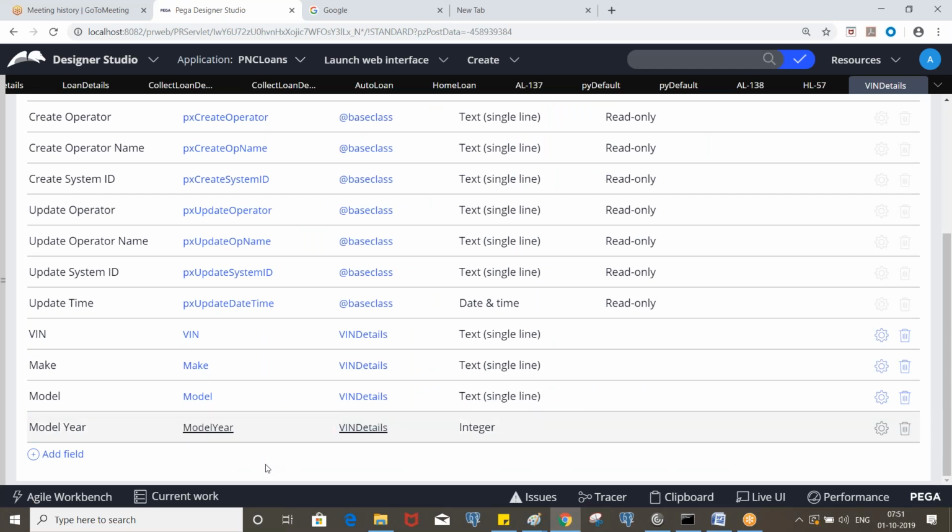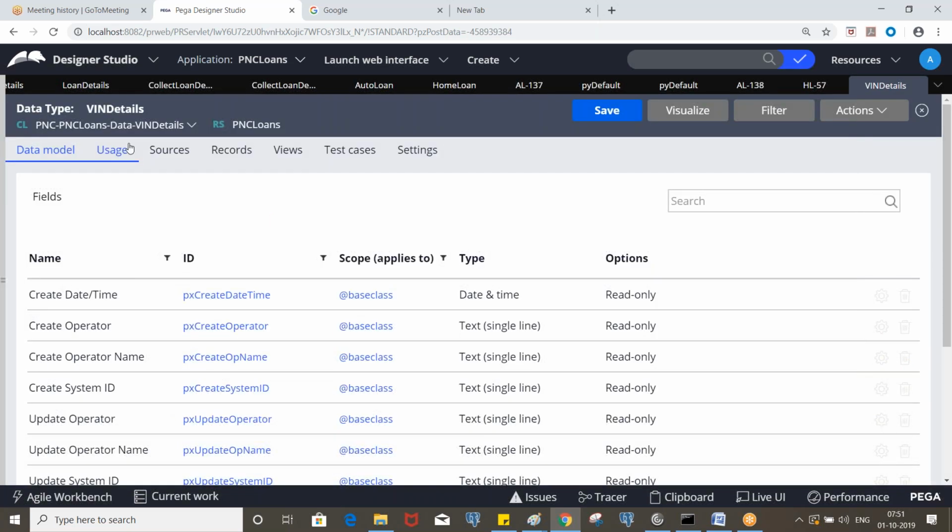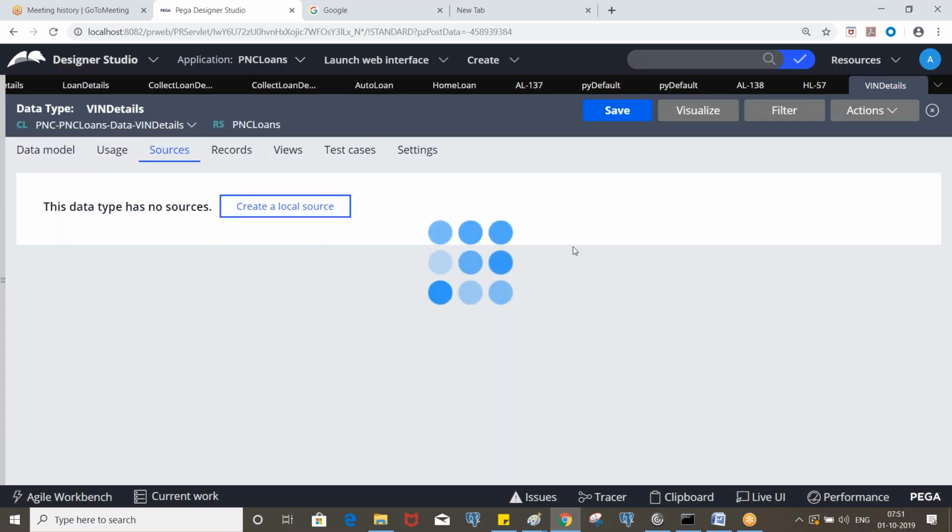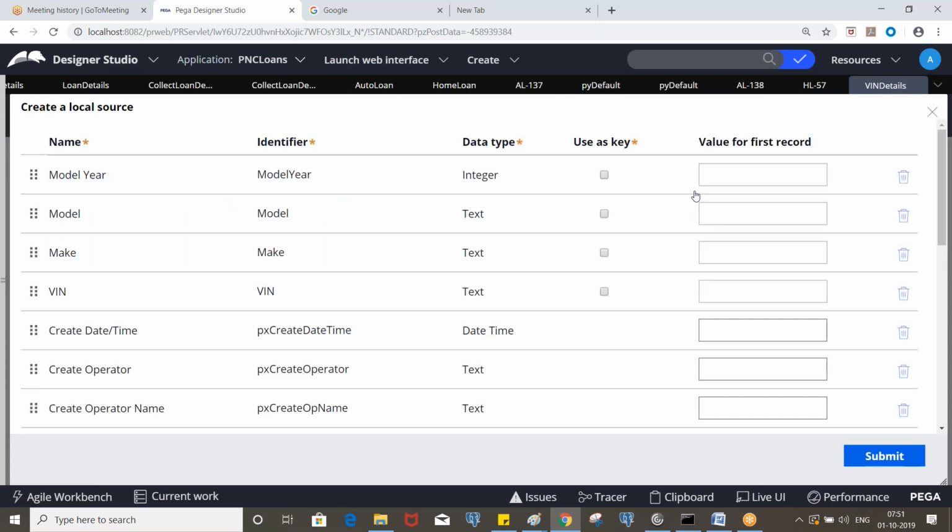So let's make VIN the primary key. Is that clear? So we need to create the properties VIN, make, model year, and model year is an integer. Now go to the sources, create, select the VIN as a key and submit it.